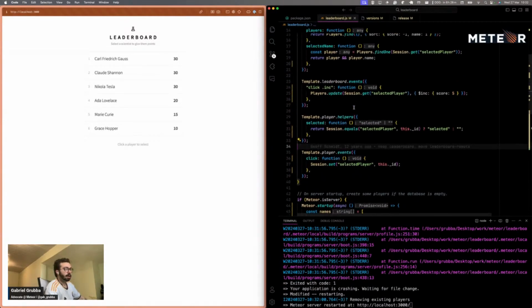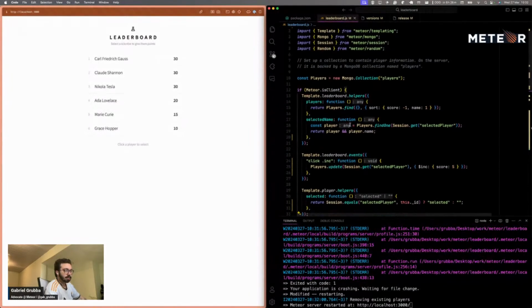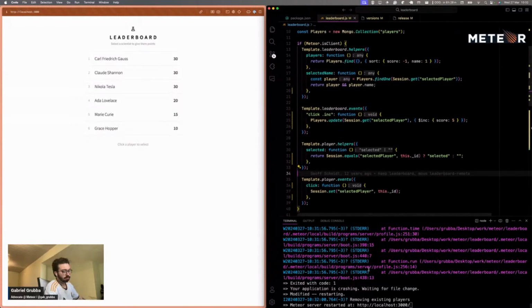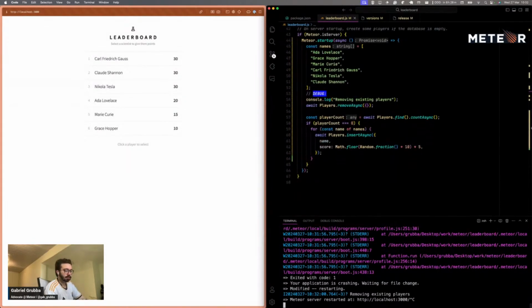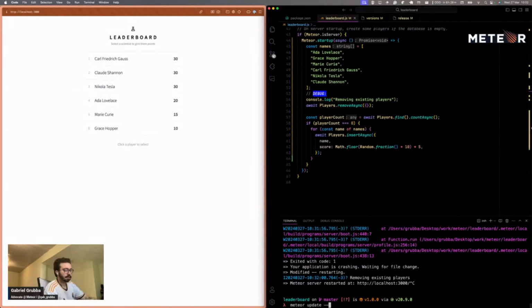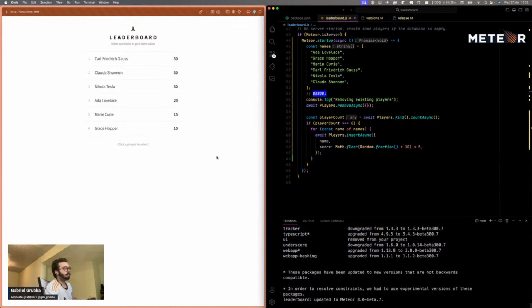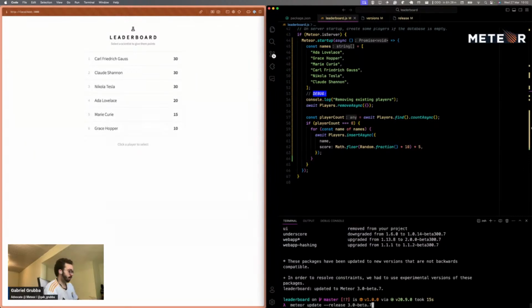Now, this will work out of the box for Meteor 3.0. If I do an upgrade, it will work fine. So if I do meteor update release 3.0 beta 6.7, it will work right away, because as you might see every now and then in our forums, we always try to only change things in the server. So if I try to run,